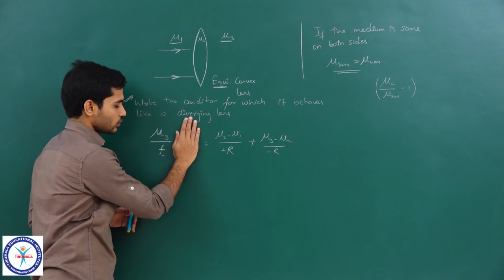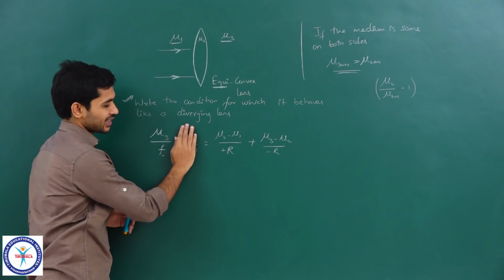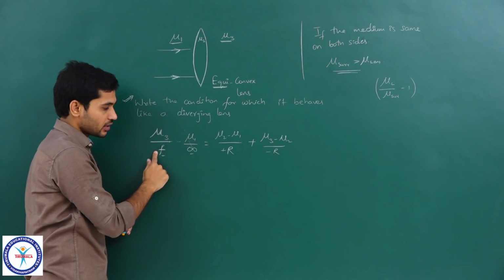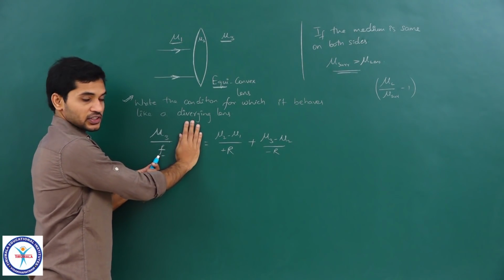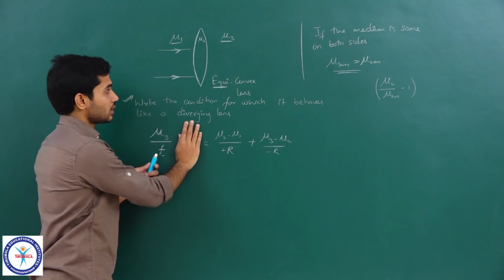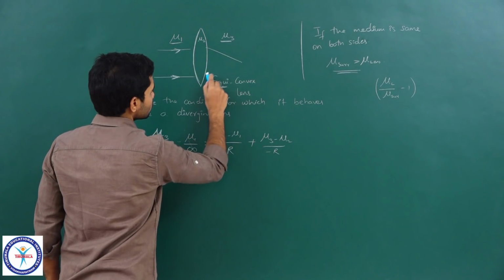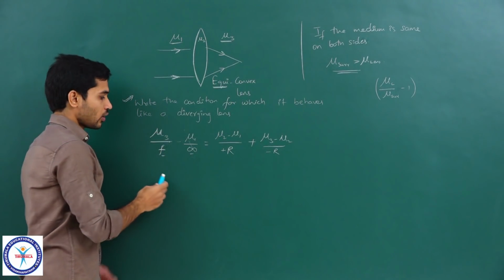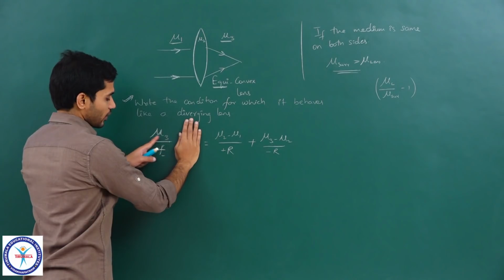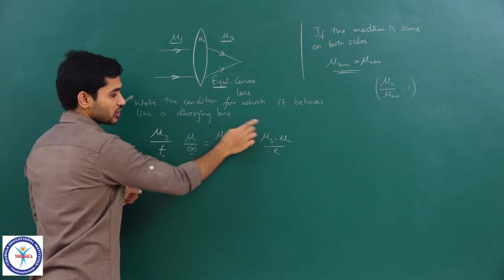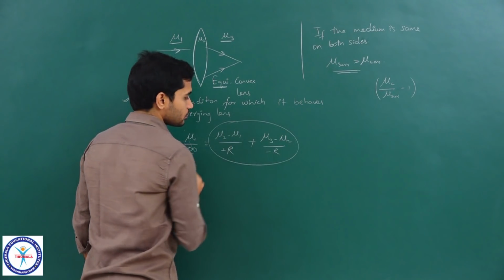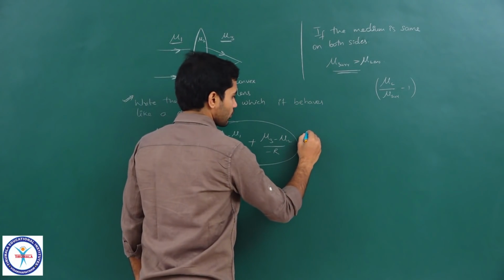So, close this out, and now we have an expression which is like this. Can I say that if the value of f which I get here, if this is a positive value, then these two light rays will converge on this side and it behaves like a converging lens, correct? Or if this value of f is a negative value, which means if this whole term is positive,